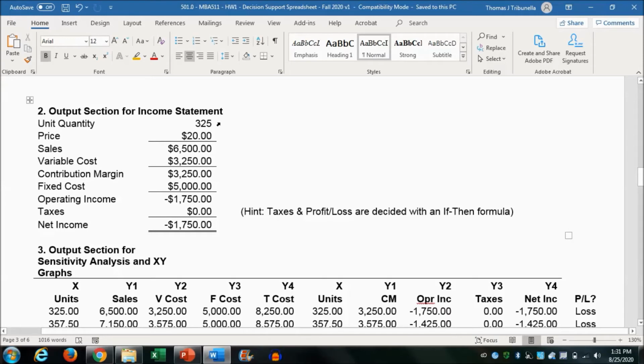So we put in, once again, the reference to 325, the reference from the input section of the price of $20. We multiply 325 units times $20, and that gives us monthly sales of $6,500. The variable cost is $10 per transaction or date. So 325 times 10 is going to be $3,250. That's the variable cost. And we subtract the variable cost from the sales, and we get the contribution margin of